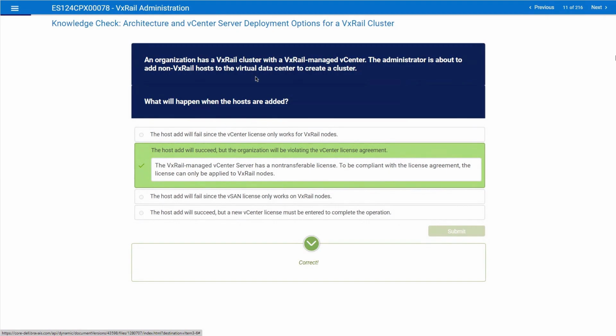There are a couple of questions here which are unfortunately already answered because I'm using the online version of the course. So the question here is telling you that an organization has a VxRail cluster with a VxRail-Managed vCenter. The admin is trying to add non-VxRail hosts to the virtual data center to create a cluster. So you have an existing VxRail cluster, okay? So this is your existing VxRail cluster